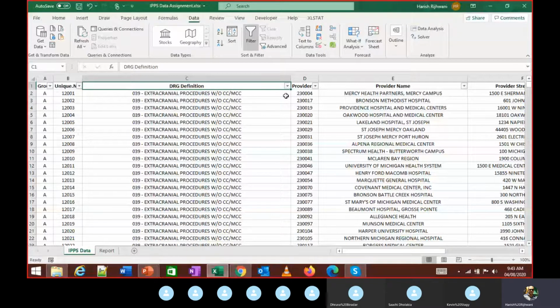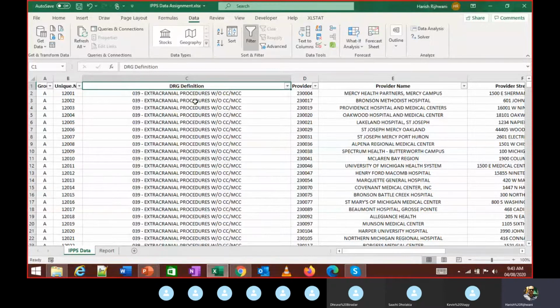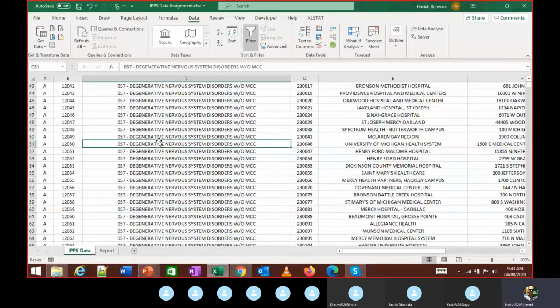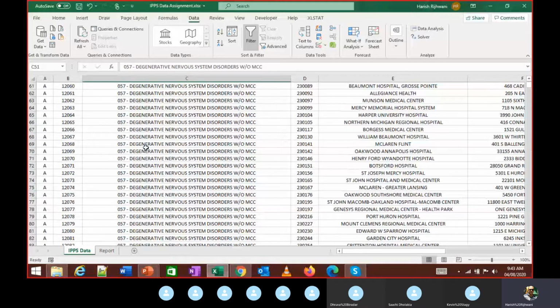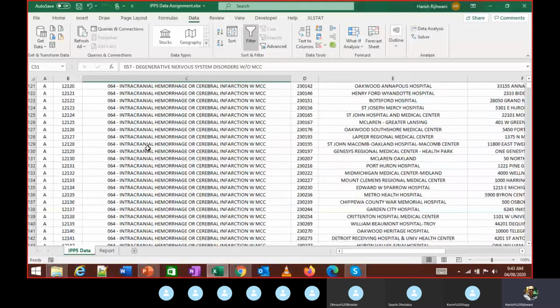When I filter this, I'll see a specific list of numbers. These are all medical codes actually. In simple terminology, these are medical codes. This tells you that this was a kind of procedure which was performed. This is a disorder. So 057 is a code for this particular description.